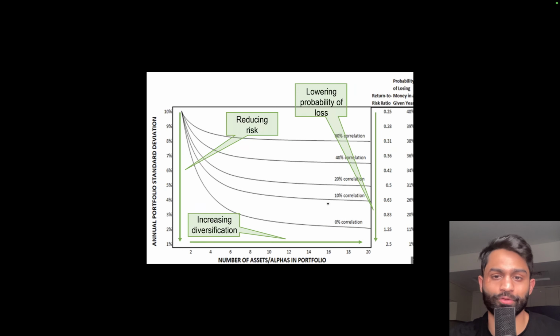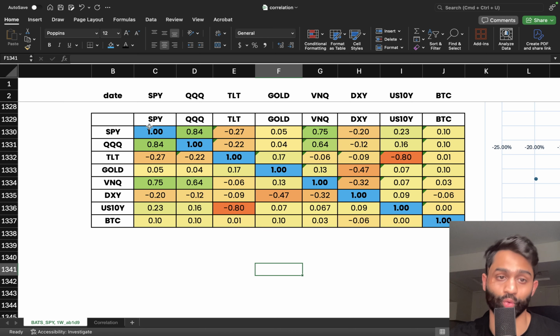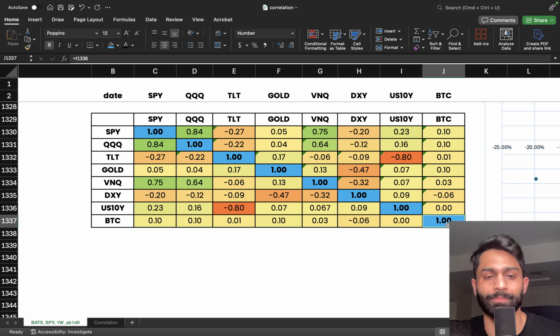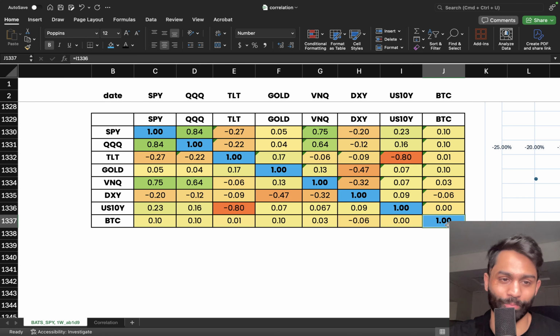So hopefully this gives you a bit of an idea on what asset classes to look at when you are constructing a portfolio. Again, negative correlations are hedges. Positive correlations can sometimes be detrimental, because once one asset class comes down, the other asset classes are going to also come down. It's going to hurt your portfolio a little bit more. But non-correlated assets is really where the magic happens, according to Dalio, and this is a good matrix to also look at.